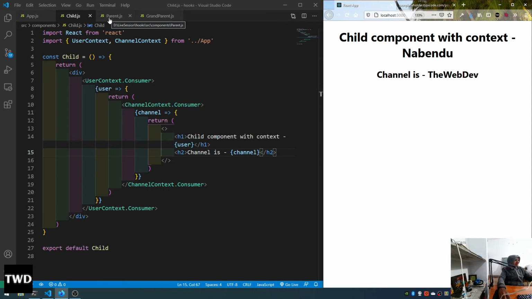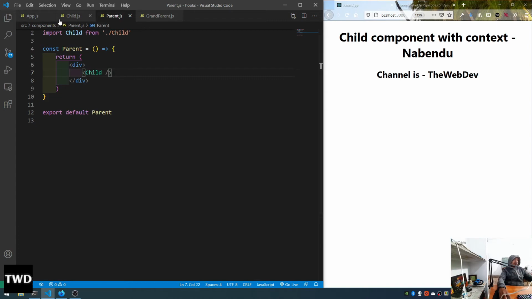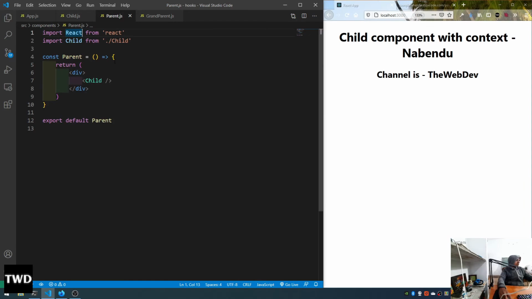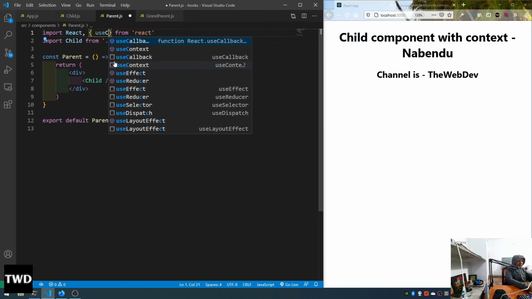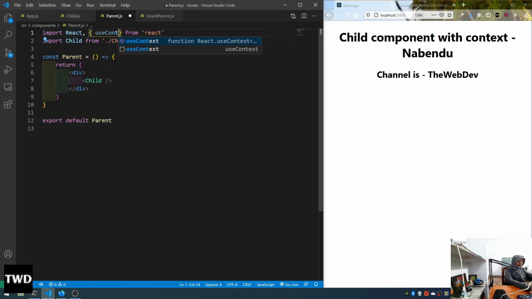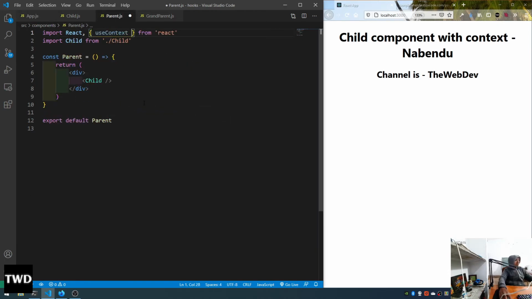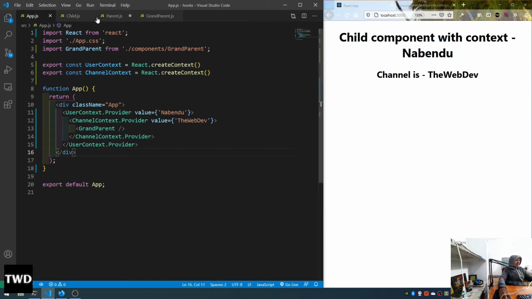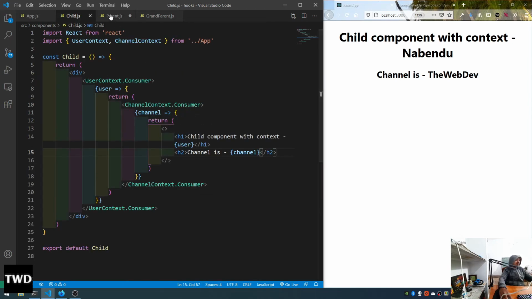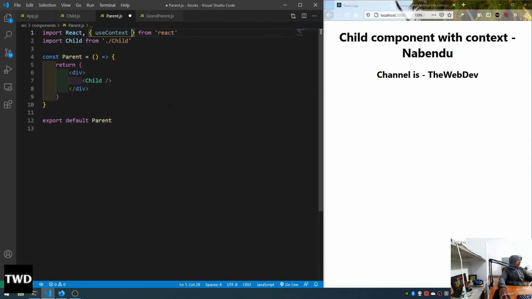So let us use the parent also, because parent is also not directly called. Actually from grandparent, parent is called. Suppose I want to use it in parent, so how to do it? See, one thing is that use context is only for the consumer. You still have to do this provider like this only. There is no other way. So use context, because it is not that complicated. The complicated thing is this thing. So I have to use use context, and